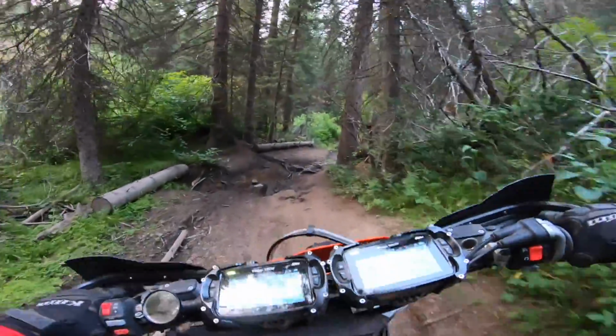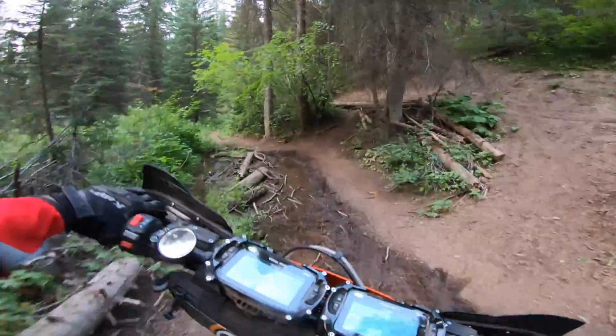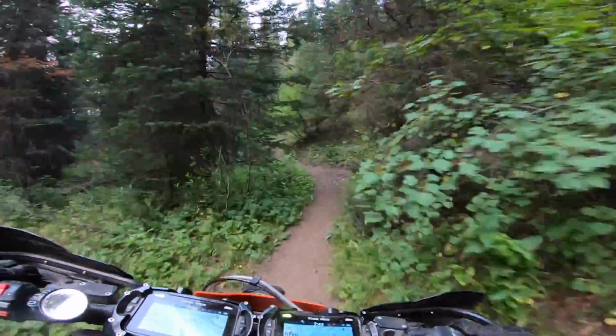Last year when it had some moisture. It's just dry and slick this year. Of course, obviously not while I'm going through the creek, but